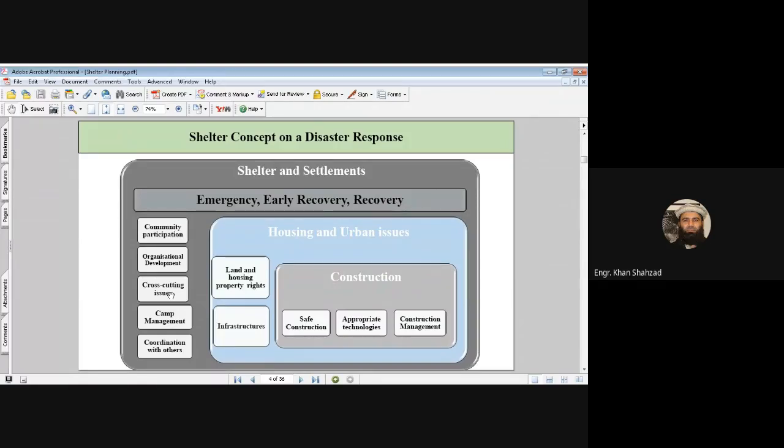Okay, so cross-cutting issues are normally discussed in most of the departments or most of the organizations. These are the topics that affect all aspects of a program, that cut across, and therefore need special attention. They should be integrated into all stages of the program and projects from planning through to impact assessment. But this has not always been the case.